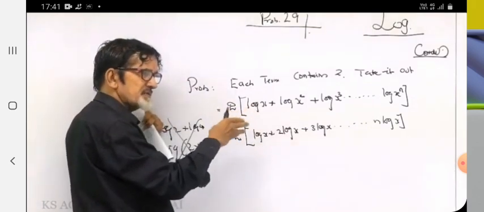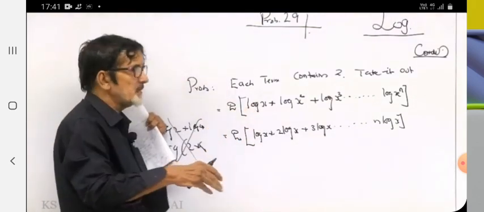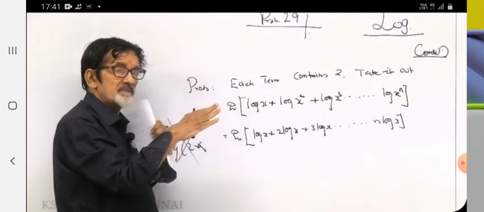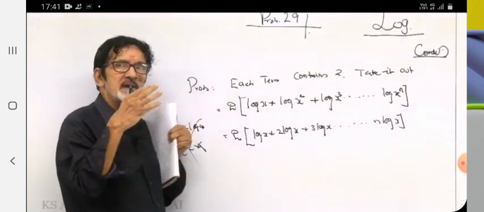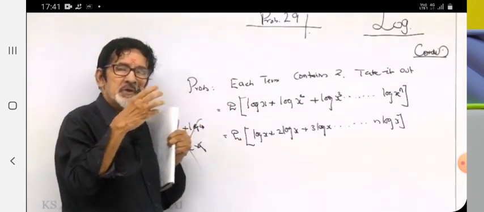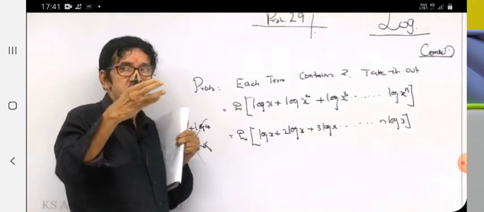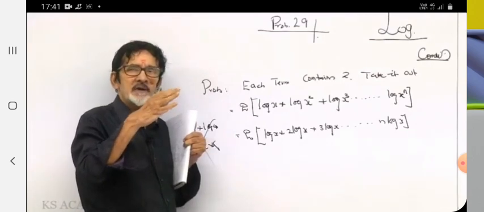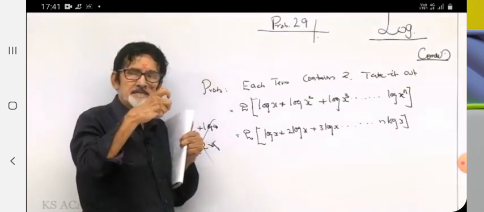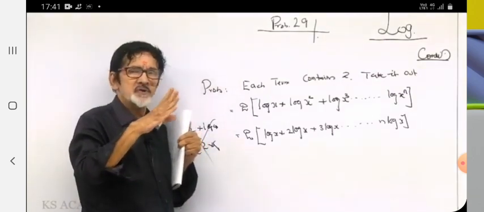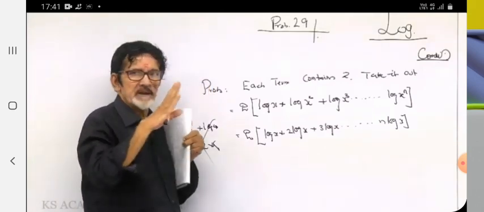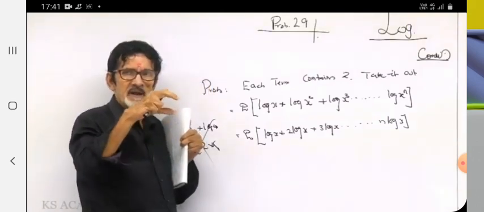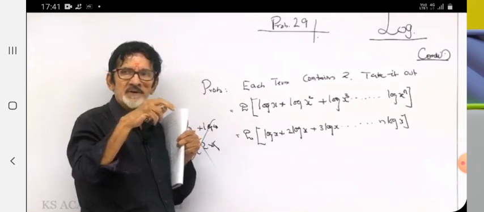Listen, I will give sufficient time to copy it, then immediately I want to erase it. First, thoughts: how to get analytical thoughts, provocative thoughts, as we used to say. Here you have to get the idea of how to get the answer. Thoughts are important. This answer you have to simplify. Simplify means you have to give a single answer, the simplest form.